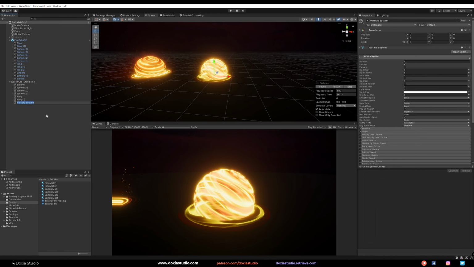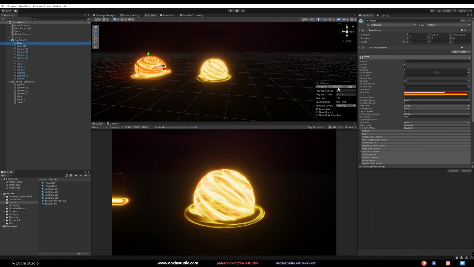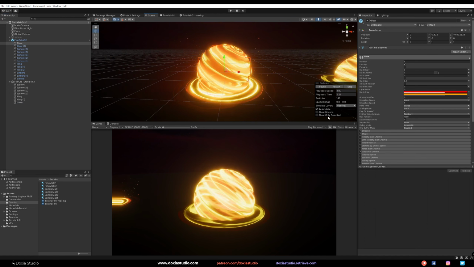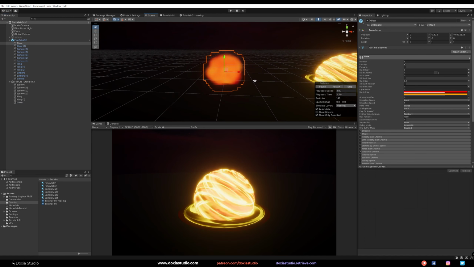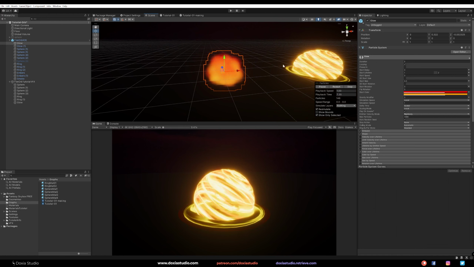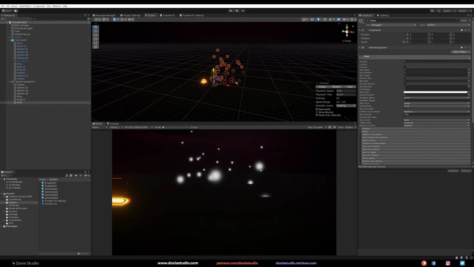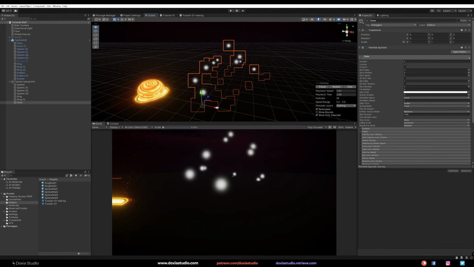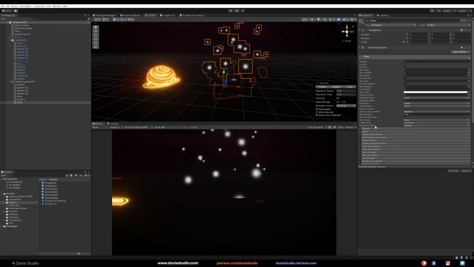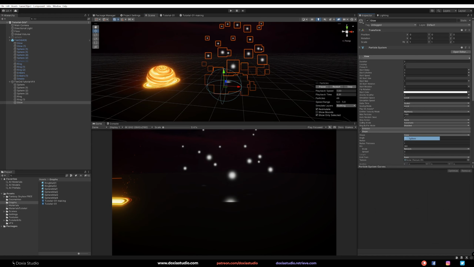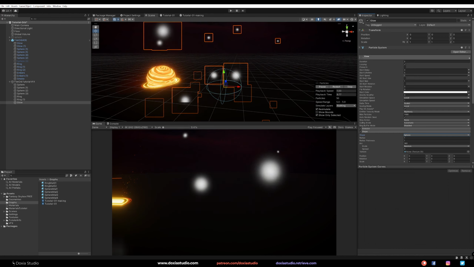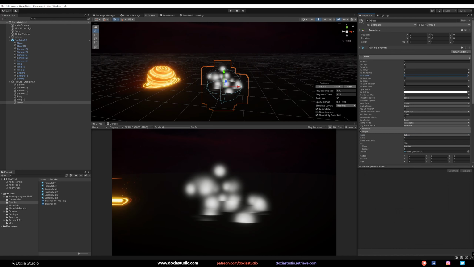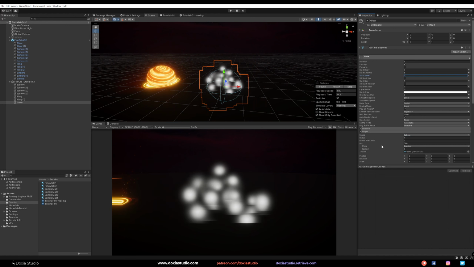Let's go to particle systems, and let's start with the glow. Okay, the initial glow. And as you can see here, let me show only selected. So this is just a glow to fill up the inside. It's just a cloudy glow. So let's create that here. So on the shape, I want a sphere. I don't know the size of the sphere, but the start speed, let's go with 0 because I want to create something like that.